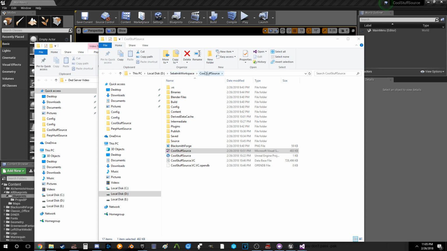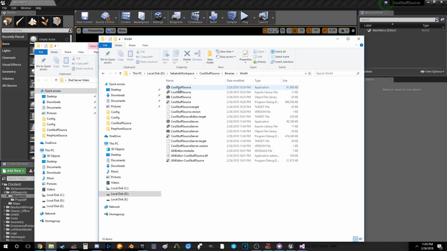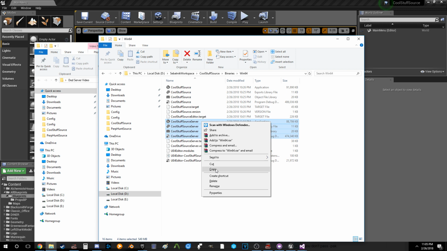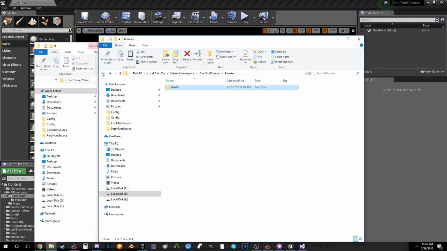Go into your game, source, clone, cool stuff source. You're going to want to go into binaries, Win64, and you should see 4 files here, all with server, all different types. You're going to want to copy these. These are the servers you just built from Visual Studio. Copy, back,